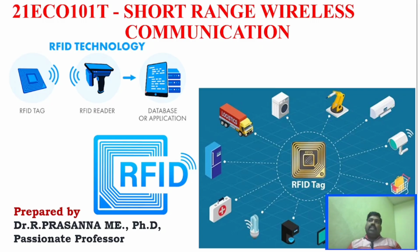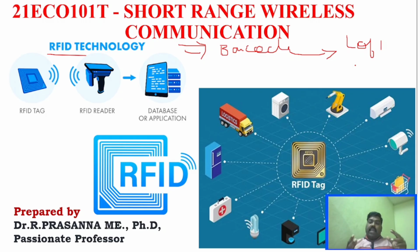To start with, RFID, as I said, is a radio frequency identification technology, and this is very similar to the barcode technology which we have seen in daily life. The only difference between the barcode and RFID technology is barcode technology works with line of sight communication, where the reader and the tag have to be in line of sight. Only with line of sight this will work, but the RFID has the advantage that it can cover a certain